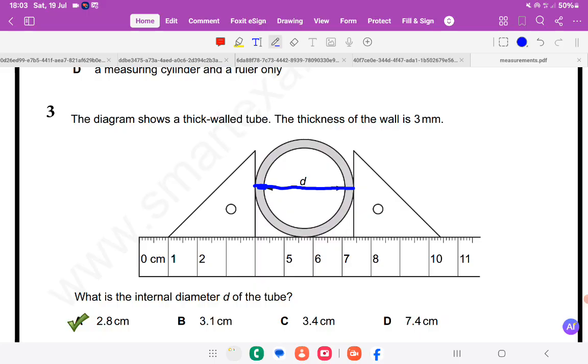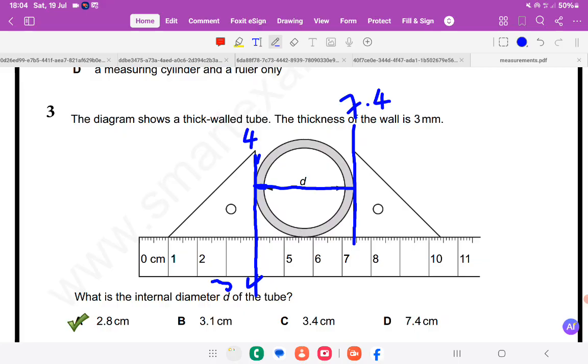So going by our ruler here, we can clearly see that this is 3 centimeters, then 4, then 5, and so on. Okay, so that means the reading along this length is simply 4. This is 4, and the reading along this length is 7.4. That means